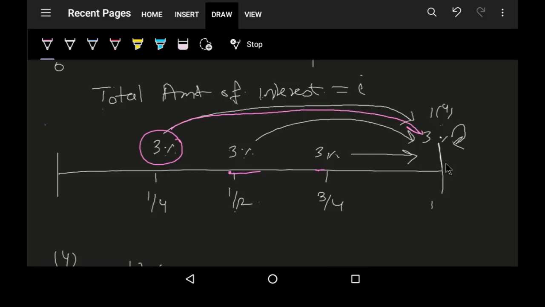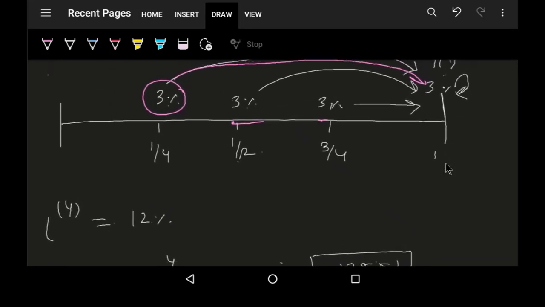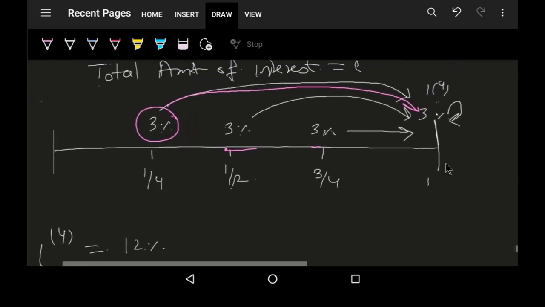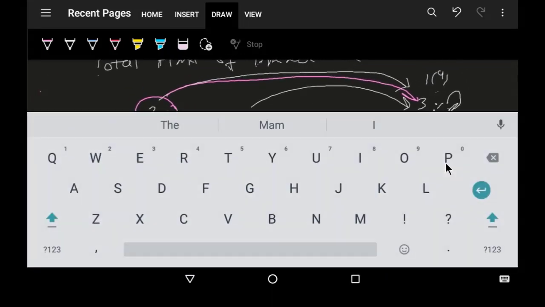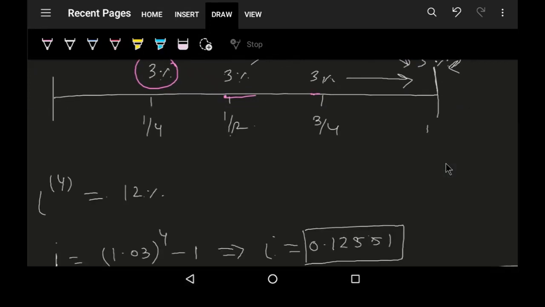So since I was getting a 12% nominal interest per annum, I divided it equally in p installments. Here p was 4, so I divided that 12% interest equally at the end of each quarter, so I get 3% at the end of each quarter. Then I took this amount, 3%, whatever amount it could be. Suppose I had invested 1 at the beginning, this amount will be 0.03. If I had invested, suppose, 1000 rupees, then this amount will be 30.